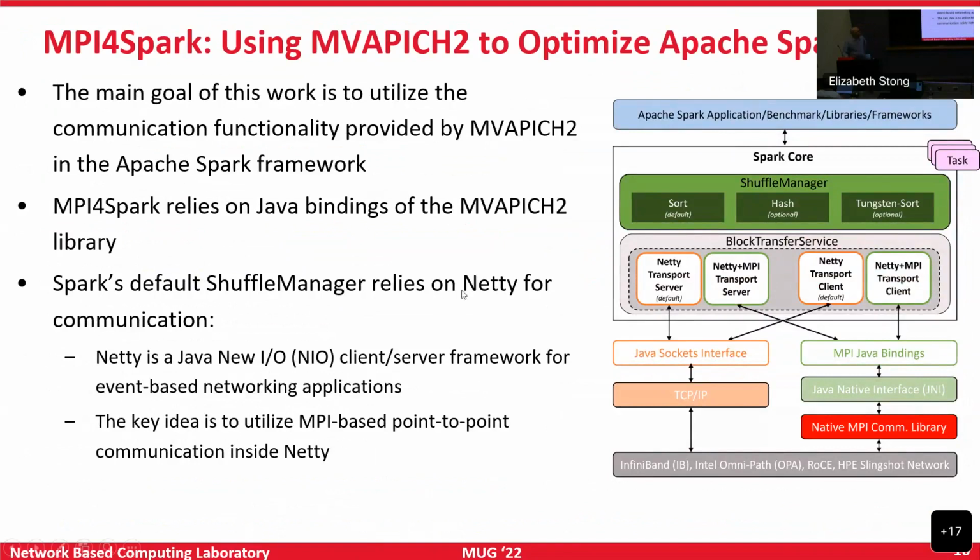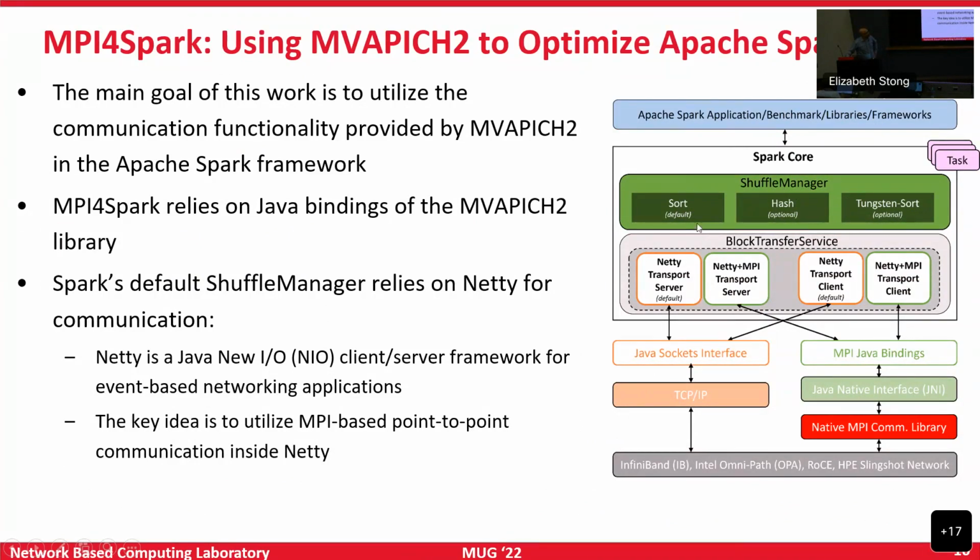So here is some of the architecture. This is a very high-level architecture. I just want to explain this, beginning from the top: we have the application which is executing, and then we have Spark core. This Spark core has this notion of a shuffle manager. Sort is basically the default shuffle manager, and it's possible to add new shuffle managers here, right? This is the approach taken by Rapid Spark. They have actually written a new shuffle manager.